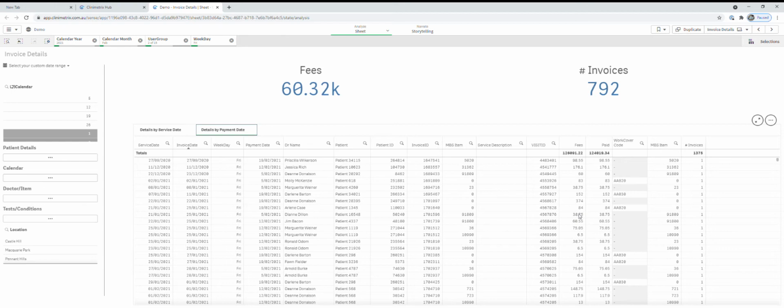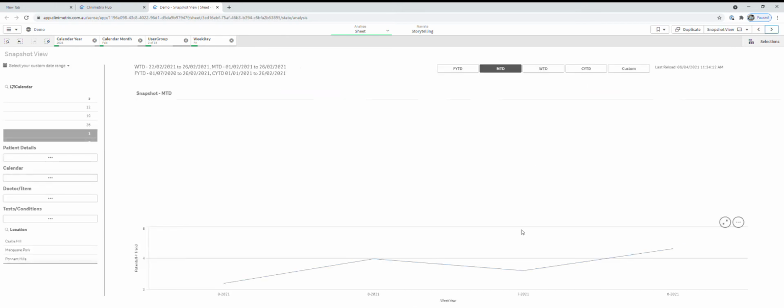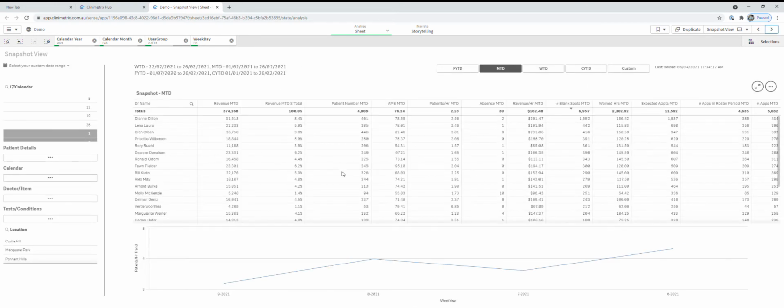We use this as a practice of our own to manage cash payments, which sometimes get lost in the processes, and it provides a really quick way of finding the holes in a process. Moving on, we have our snapshot page, which considers